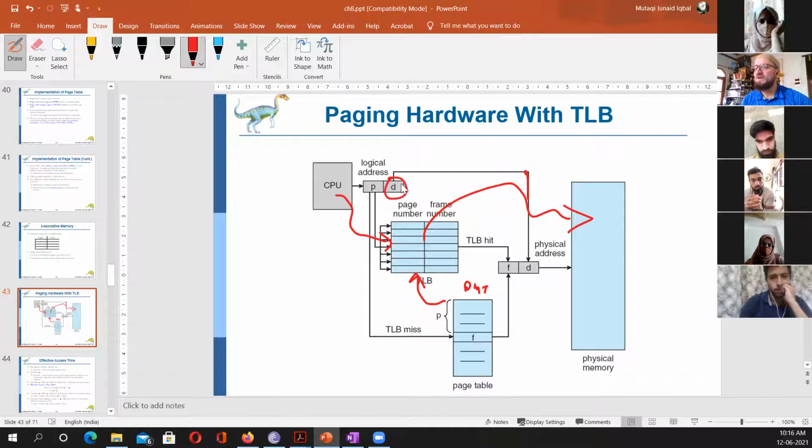This is the offset, which tells us that in that page there may be multiple bytes. So which byte am I asking for, this byte or this byte? I know this page, I know this frame, and the page I am talking about is in this. But within this page, like in that line I described in class, Kazim is in that line, and somewhere in that line. Say the students are bytes; the CPU is asking about the bytes.